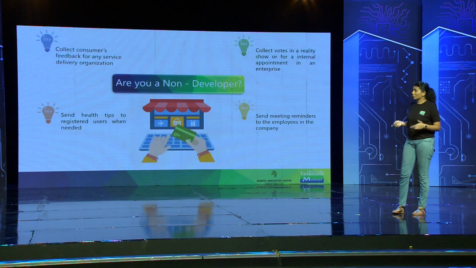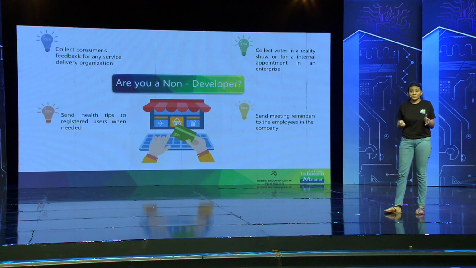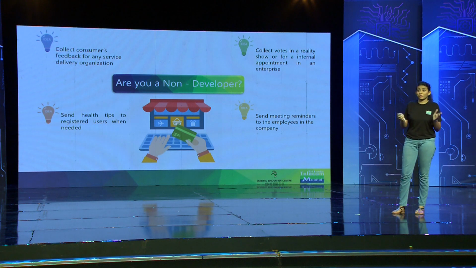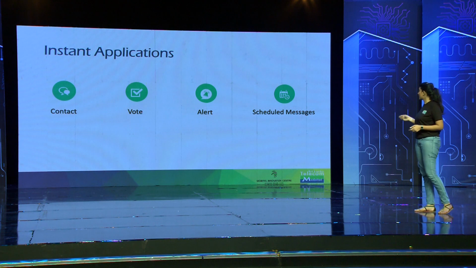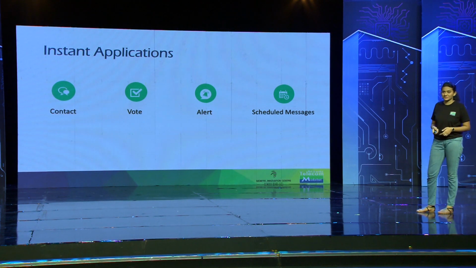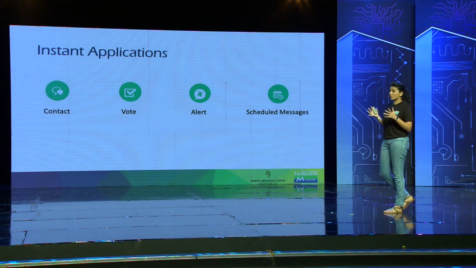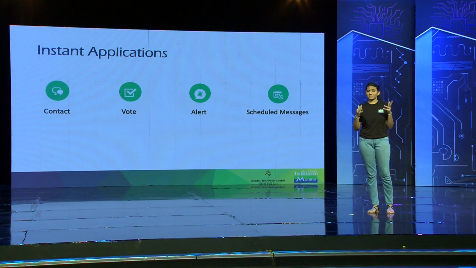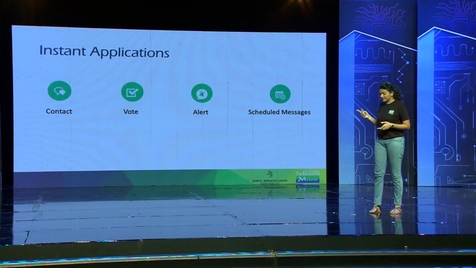And at the same time, to make things easy for you, we have even categorized all these templates under 4 categories. And they are contact, vote, alert, and schedule messages. Let me explain all these 4 types with examples so that you all get an idea of what exactly they are. Contacts comes into play